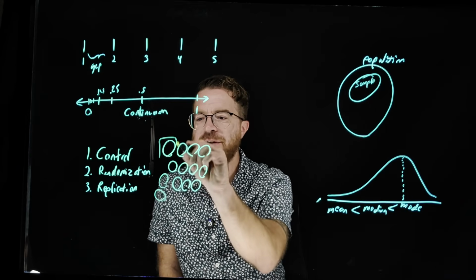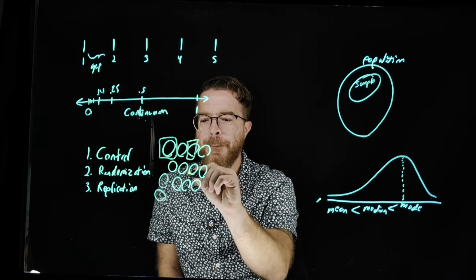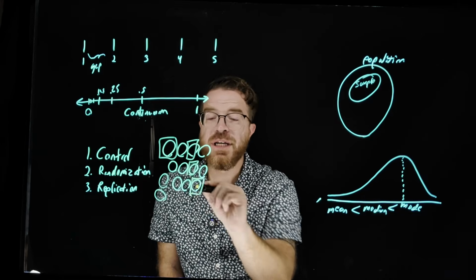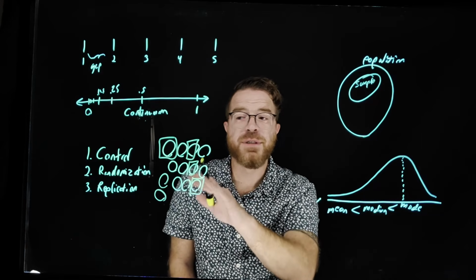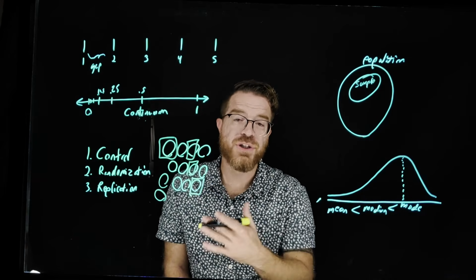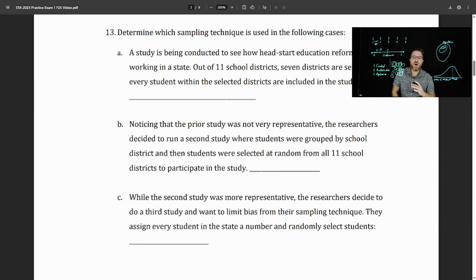So we're choosing entire districts, and we're selecting everybody within those districts. So this would be a cluster sample. Part B says, noticing that the prior study was not very representative, the researchers decided to run a second study